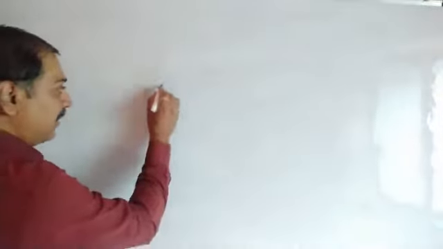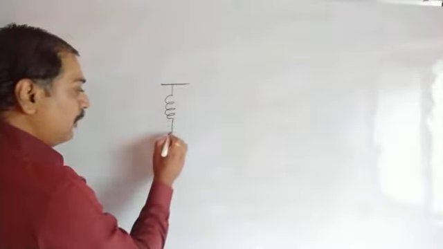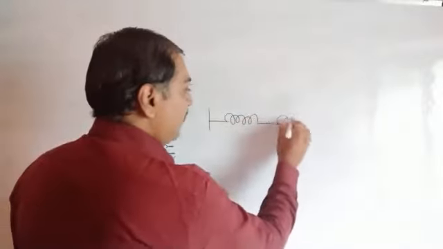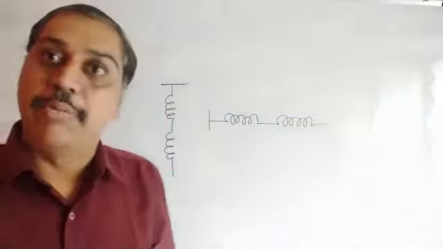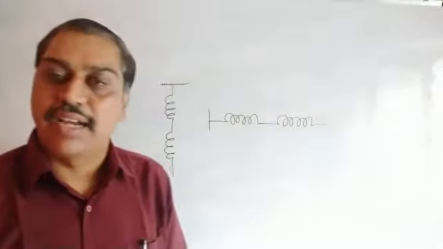What exactly have they done? See, don't use your brains that much. You have to remember one thing only. When the springs are connected one after the other in series combination, just like a series combination of resistances we have seen, but here we have springs, so we can write them like this. This is the first spring, suppose, with this support, then followed by the second spring. Either you can write it vertically like this, or we can write this as a first spring, then this as a second spring. This is said to be a series combination, horizontal or vertical. That is, we can say the springs are connected in series.